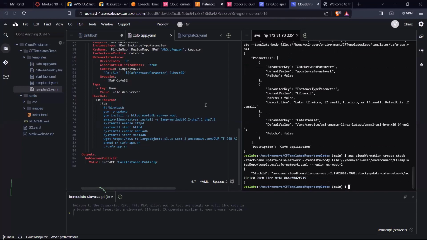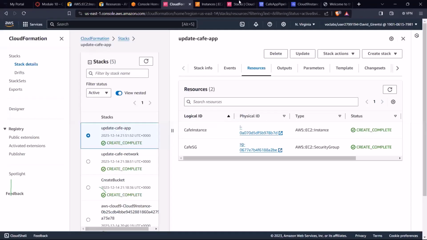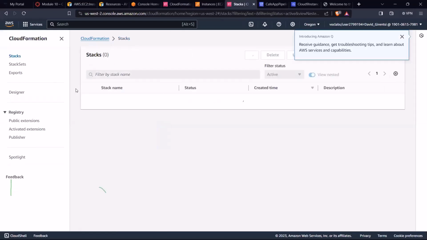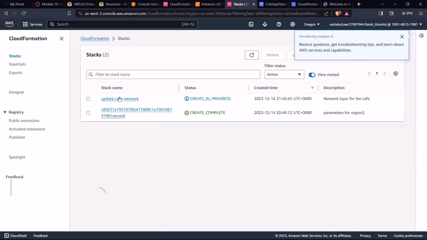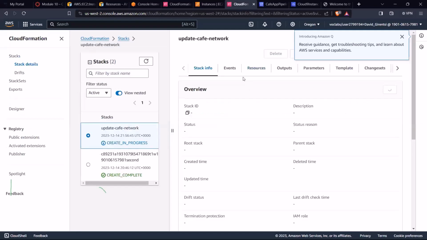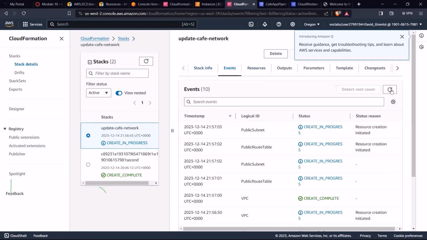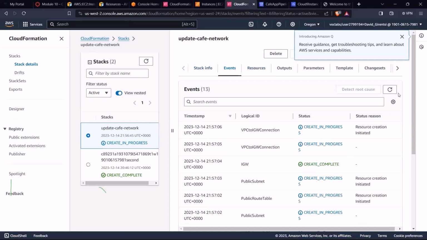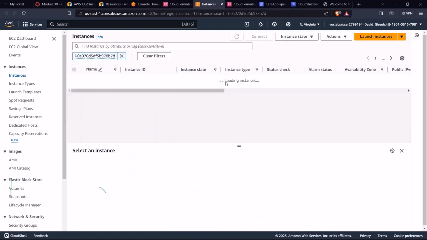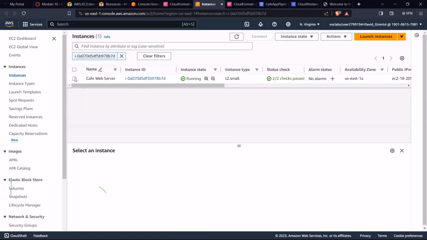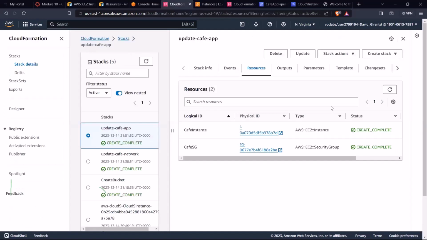So let me go back here. Yeah, and if I refresh, I should have the second stack. Correct. All right, so if I go to events, okay, so it's being created. Let me go to the instances. Okay, this one has also passed 2 out of 2 checks. Now, if you look at the output here,